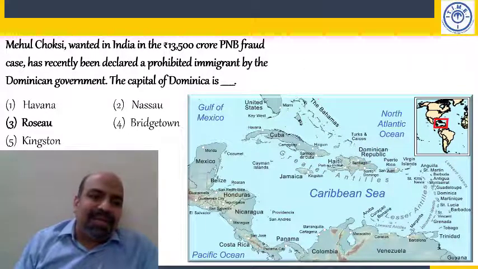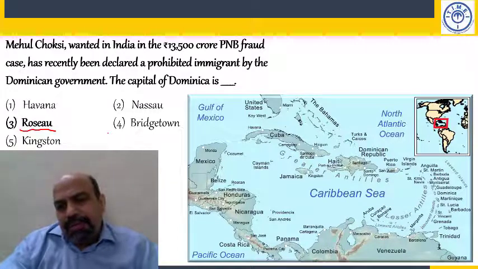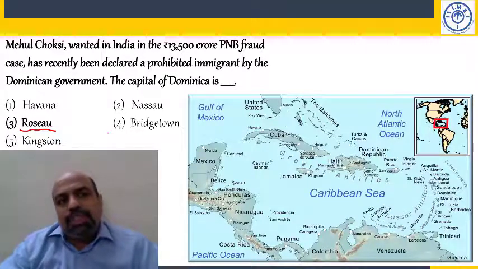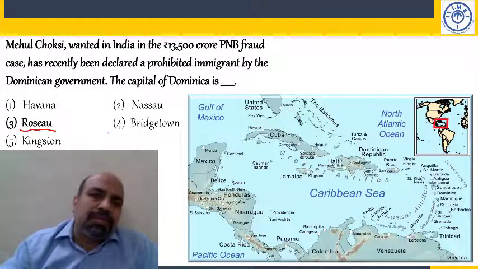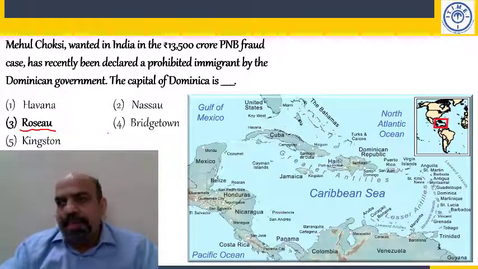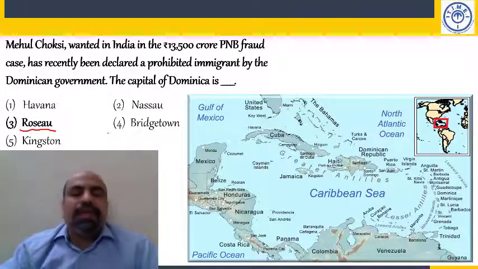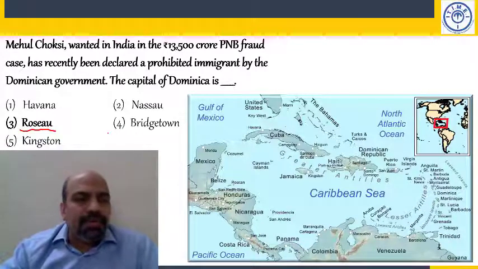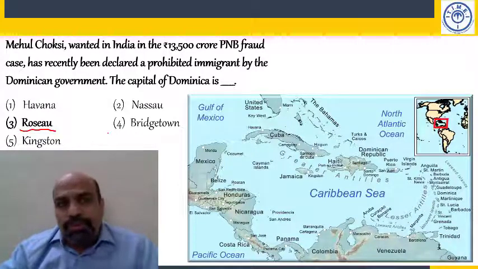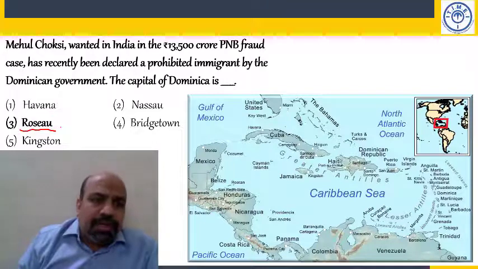So right, Dominica, the capital is Roseau. This is the capital, Roseau. I think maybe after 3-4 classes, I'll bring in the story of Mehul Choksi, how he defrauded the Punjab National Bank, the Indian government of its money. I would say, government bank is government money, and consequently he defrauded India. Okay, public sector banks and all. So I'll tell you his story. And before that, you write this capital, Roseau, Dominica.